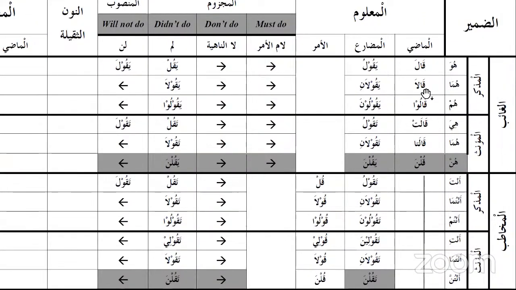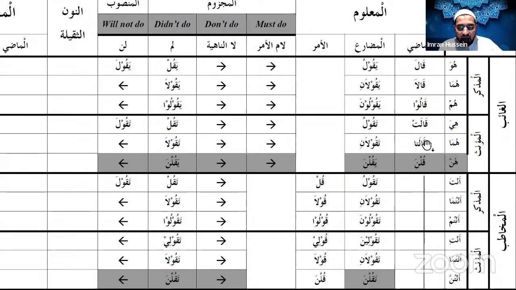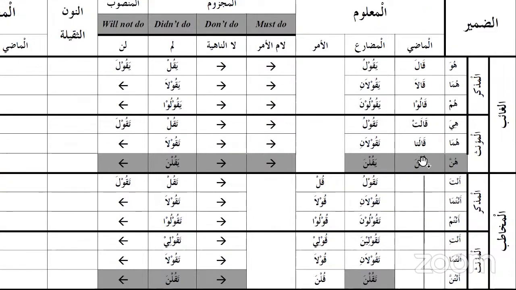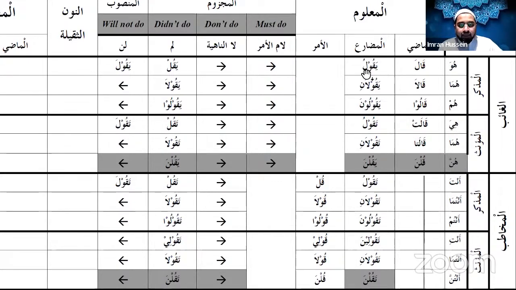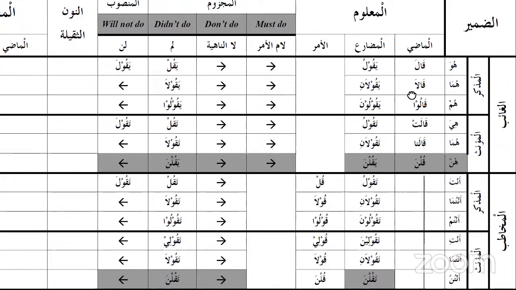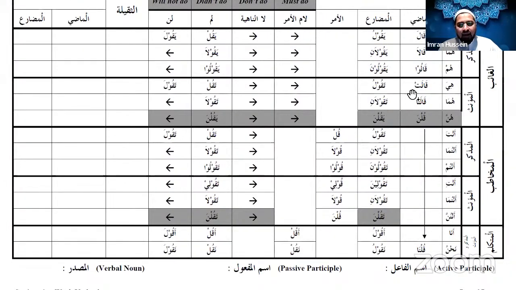If you look at this, qala, qala, qalu, qalat, qalata, the alif is dropped and it becomes qulna. And whenever the middle letter in the present tense comes with a fatha or a kasra, then in the sixth form the first letter of the past tense will get a kasra. That's right. Okay. Do the past tense now, and inshallah I'll explain what I've said again in a few minutes.